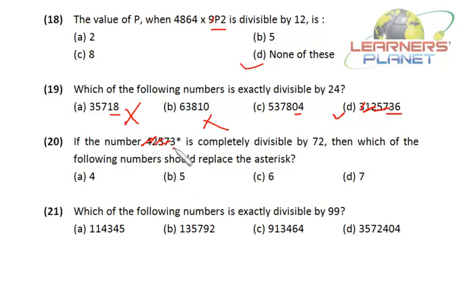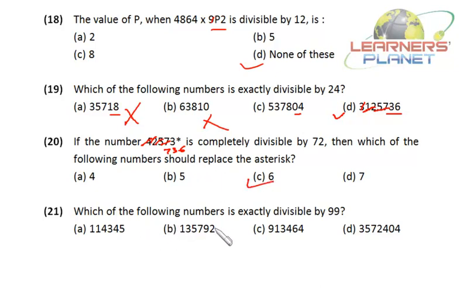Suppose I take 36 over here, then I have to check it by 8 also. So whether 736 is divisible by 8 or not, I just have to check. So 8 9s are 72, and then 1 and 6, 8 2s are 16. That means 736 is divisible by 8, and the complete number is now divisible by even 9. So the answer to the problem is 6.